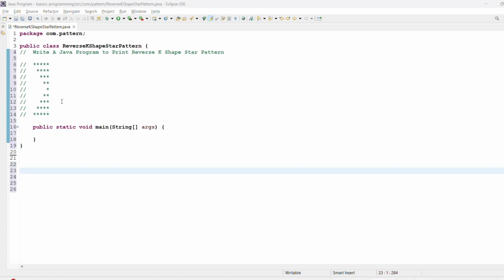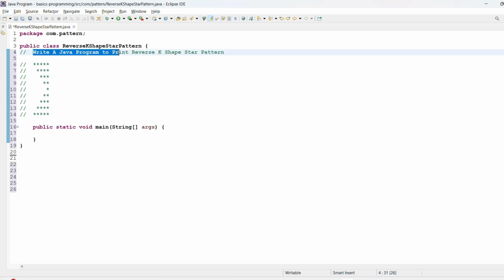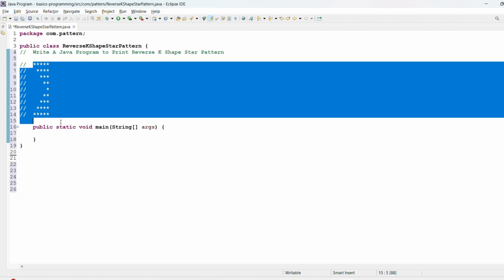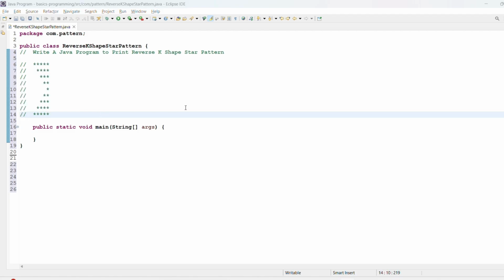Today, we are going to solve this question: write a Java program to print a reverse K-shape star pattern. To solve these problems, first you have to understand the structure of the reverse K-shape star pattern. So let's understand this. As you can see here, in the structure of this